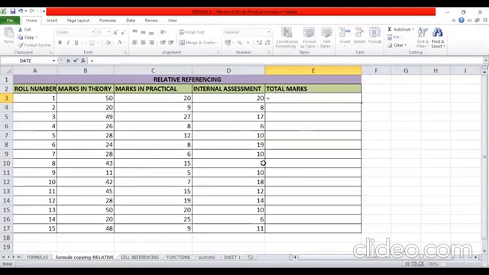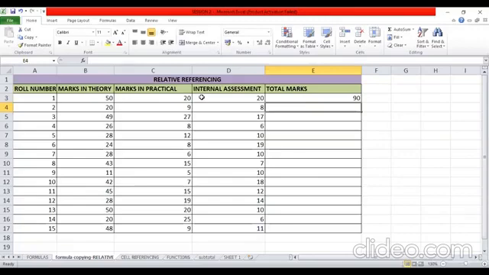So equal to, click on the cell containing the marks in theory, which is B3, put a plus sign, click on the cell containing marks in practical, another plus sign, and then click on the cell containing the internal assessment marks of the first student. Now press enter. It has calculated the total marks for student number 1.